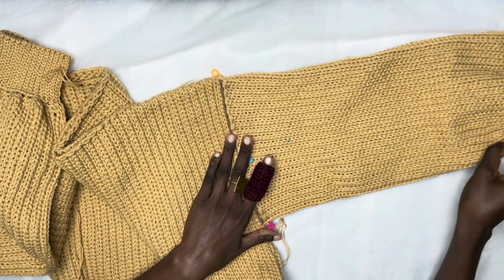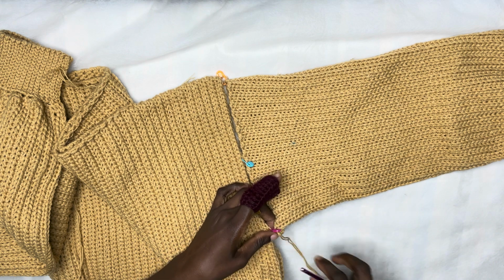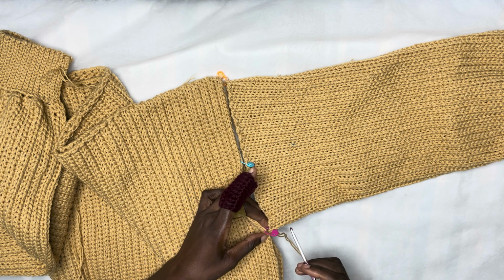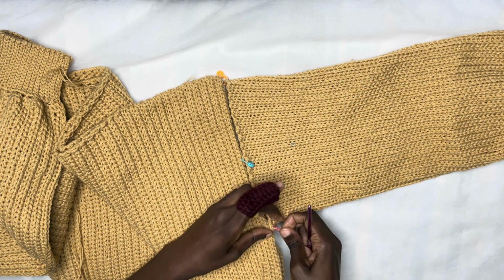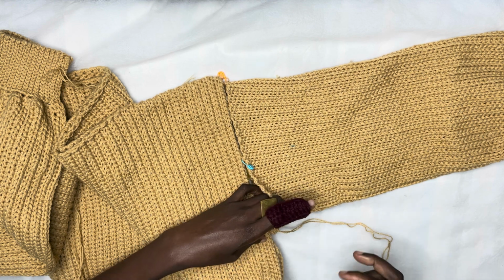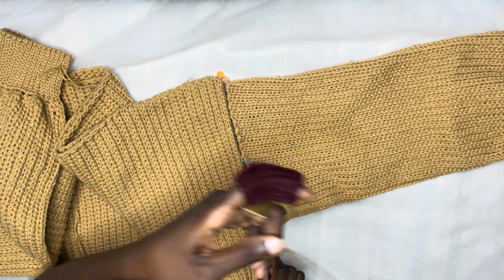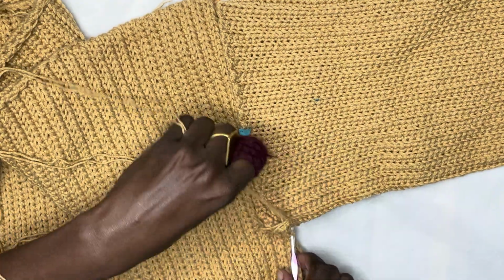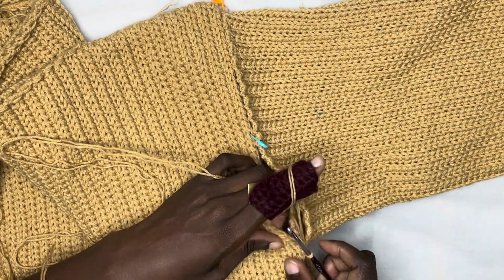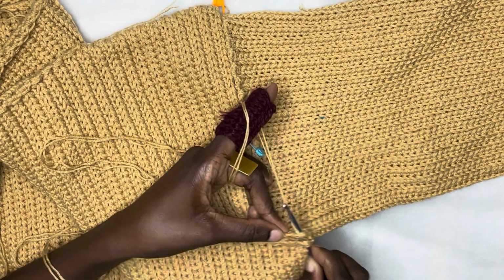and start joining from here, or if you're using a slip stitch, you will just proceed to slip stitch all around. What you're going to do, you'll remove the stitch marker like this, okay, and then insert your hook in here, grab the other side of the sleeve like this and slip stitch, okay, and then you just go ahead and slip stitch these two sides